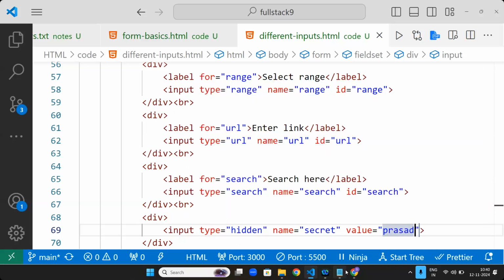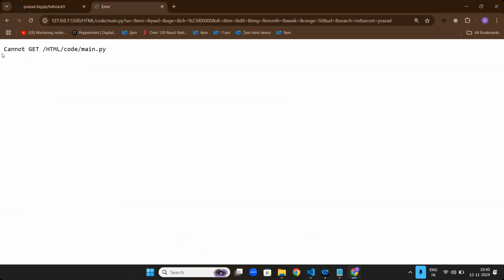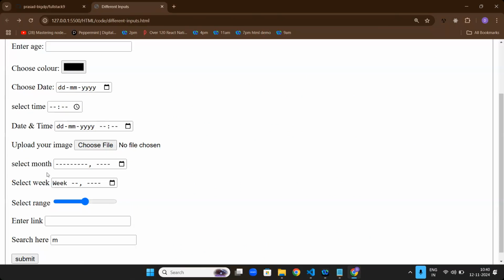Now go here. Can you see any field after search? Now again I'm telling you, search will create one input box. If you try to enter something, the moment you enter, it will submit the form. I wrote one more input, that is input hidden. If you see it, you cannot see that. There are sometimes where you don't want to show the user some details when they are submitting the form.